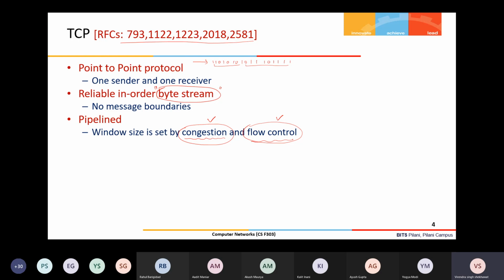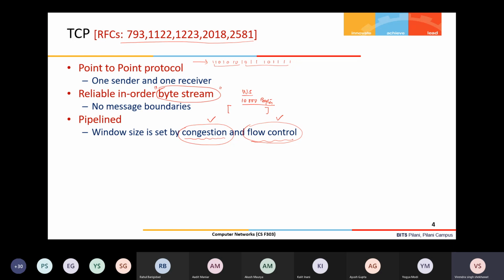and then based on that it decides what the window size should be at this moment. So if I say my window size is currently, let us say, 10,000 bytes, what does that mean? It means 10,000 bytes can be sent by the sender without waiting for any acknowledgement. I don't have to wait for an acknowledgement. After that, some of the bytes should be acknowledged, and only then can I slide the window. That is the meaning of keeping the window size at 10,000 bytes.